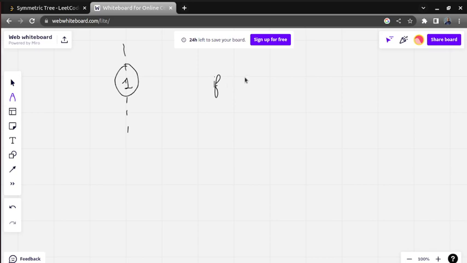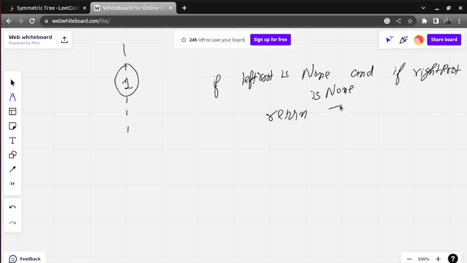I am going to write like this: if left root is none, nothing is there, and if right root is also none, then what we need to do? We need to return true. This is the case.